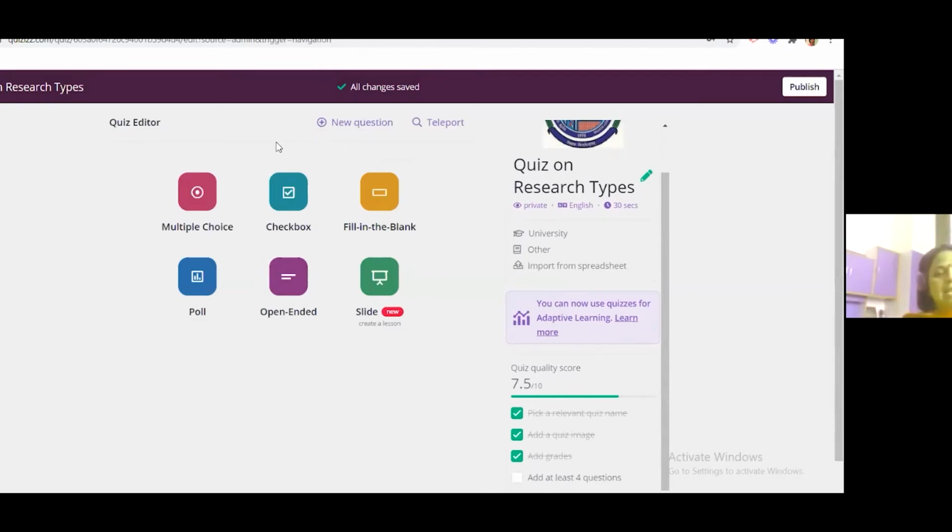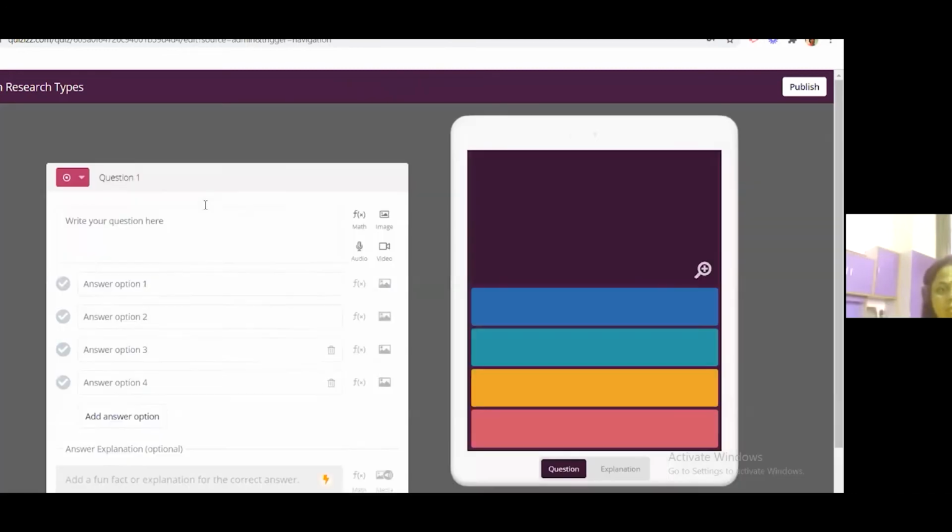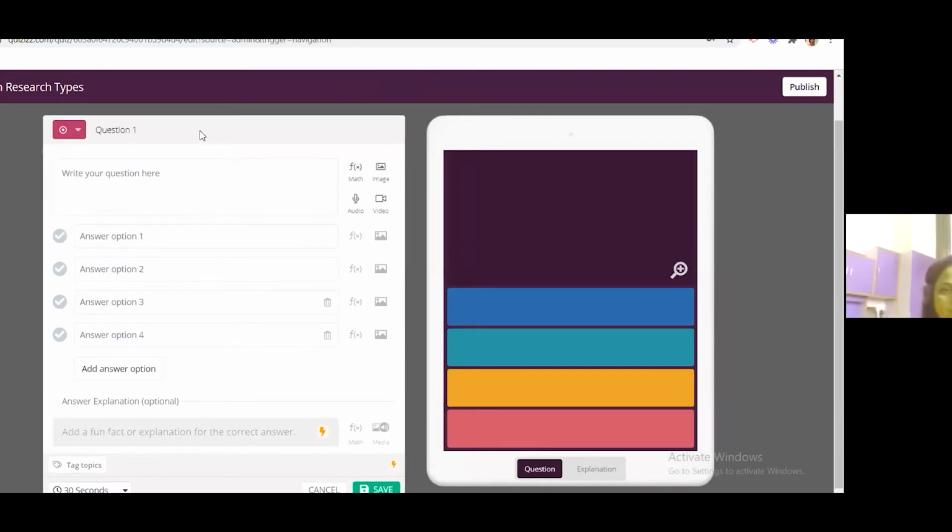You can add questions one by one, or you can teleport the questions. Teleporting of questions means you can import the questions which are available on the theme which you are using for your quiz from the internet. That is specifically for Quizizz. So you can use the teleport option, or you can add a new question. We'll see both the options one by one. So if you are using multiple choice questions,